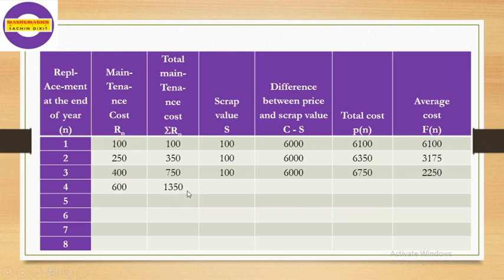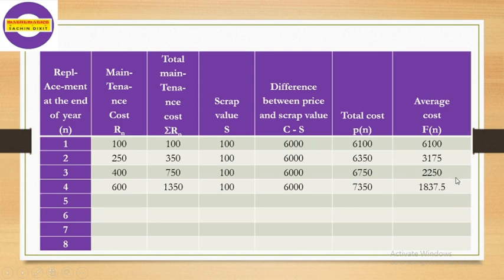1350. Again, the scrap value is the same, and therefore the difference between price and scrap value is always the same. Now we add this 6000 to this 1350. We get the total cost for that machine as 7350. Now to find the average cost for the fourth year, we have to divide this 7350 by 4. We get 1837.5. That is the average cost for the fourth year. Again it is decreasing